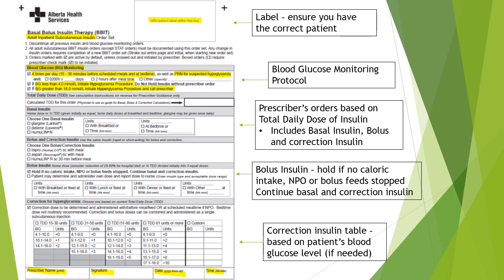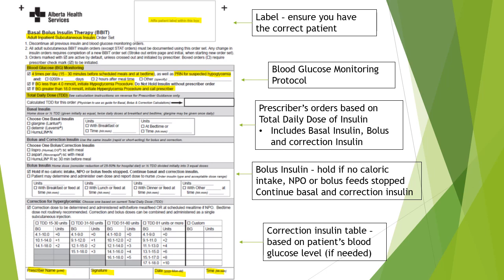Okay. So the next piece to the blood glucose BBIT sheet is the total daily dose of insulin. Now that's something that the physician will determine, based on a variety of factors that you'll be covering more so in lecture. They'll talk more about hemoglobin A1C, which is the average blood glucose over the last 2 to 3 months. And then they'll base that on the patient's weight, their glucose control,